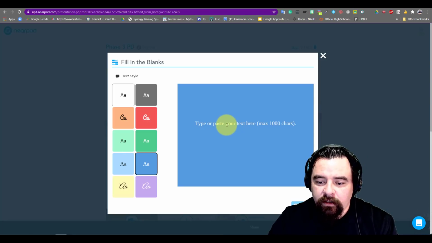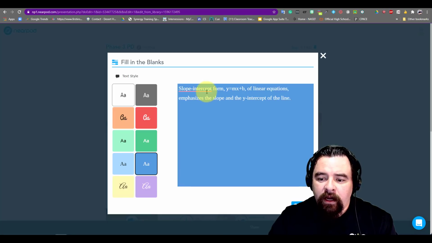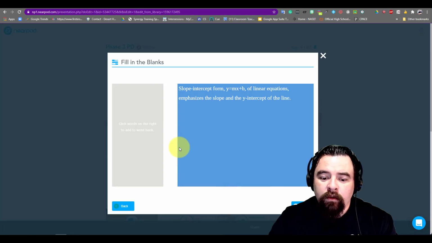So I'll show you that now. All right, so I found a piece of text here that I want to go ahead and paste. I paste that right there, and then now I can move to the next step and decide what words I want to put in the bank here. So I could take slope intercept there,